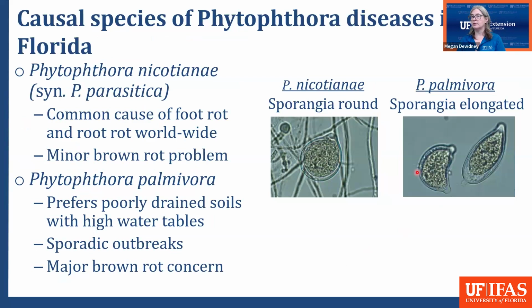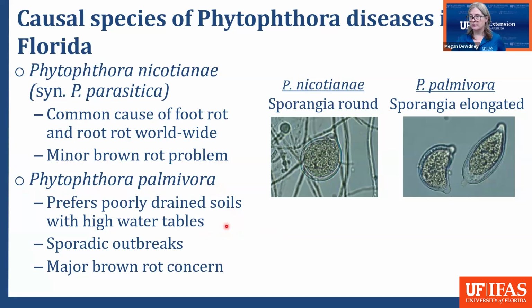So the causal species here in Florida are Phytophthora nicotiana. It's a common cause of foot rot and root rot, but it fortunately is a minor brown rot problem. And it has these round sporangia here, if you're ever looking at them under the microscope. So that's nicotiana. And then more importantly, for the terms of brown rot, Phytophthora palmivora, which does prefer poorly drained